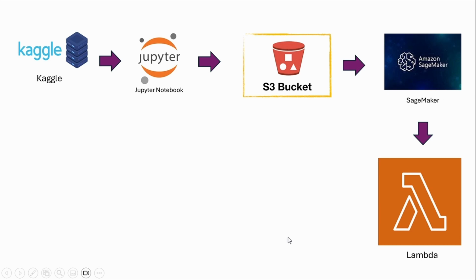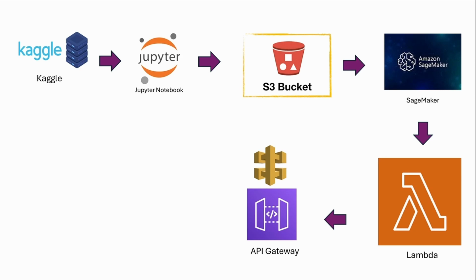They are very useful. Okay, so after the Lambda function, we'll use API Gateway. With API Gateway, we need to create an API. That is the whole purpose of this video series. So once the Lambda function is working okay, then we'll use API Gateway, and with API Gateway, we'll connect it with